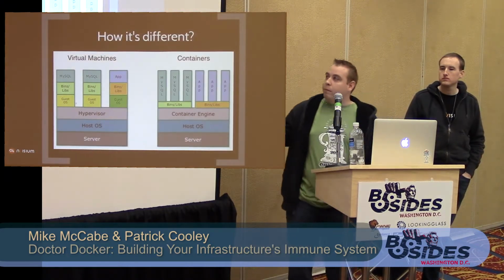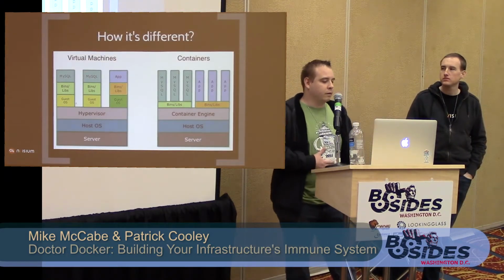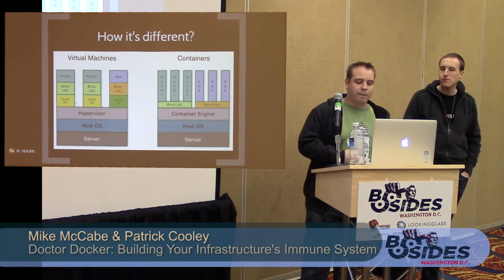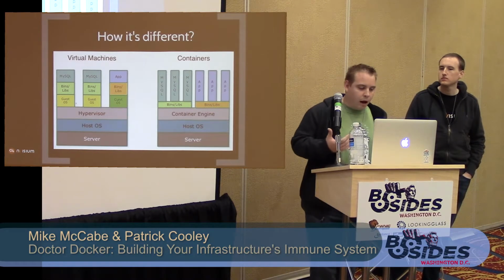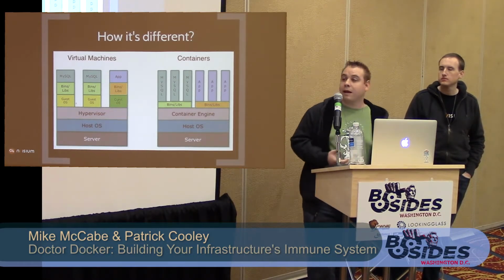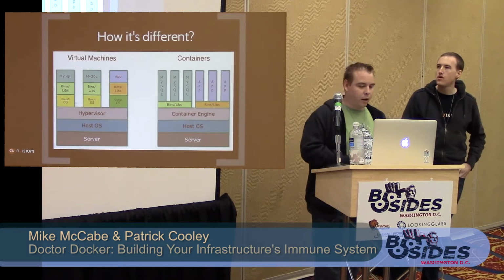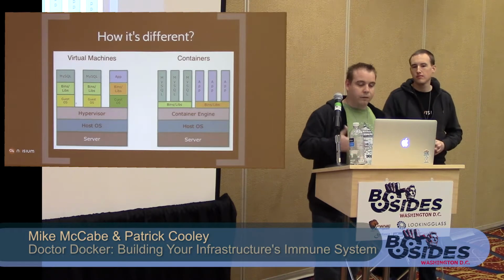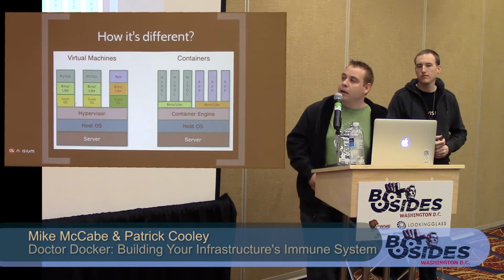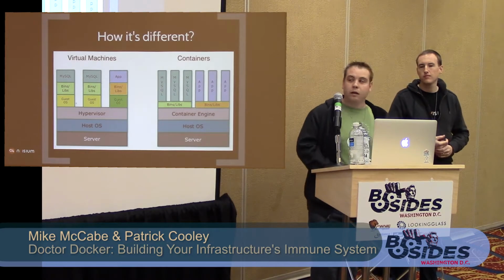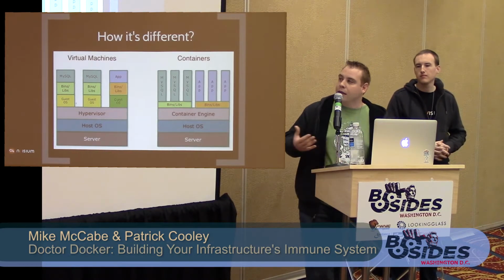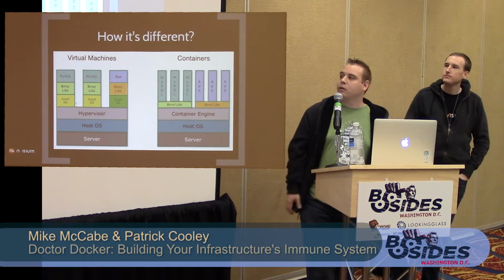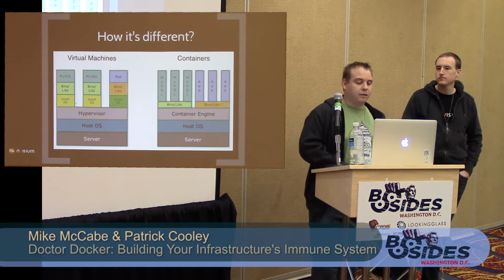So let's take a look at virtual machines. Every time people think of Docker, they always ask, well, what's the difference between that and a virtual machine? And this is a pretty good image. Virtual machines have some pluses and they have some minuses. Same thing with containers and using Docker. As you can see here, pretty much the biggest thing, a virtual machine has an entire operating system for every single machine, which causes some issues. It's a little slower. It's got a lot more bulk to it,